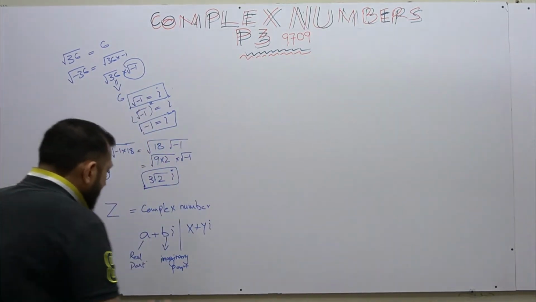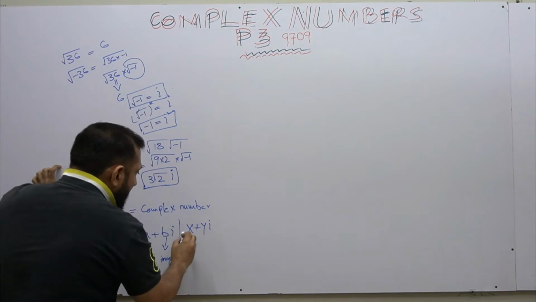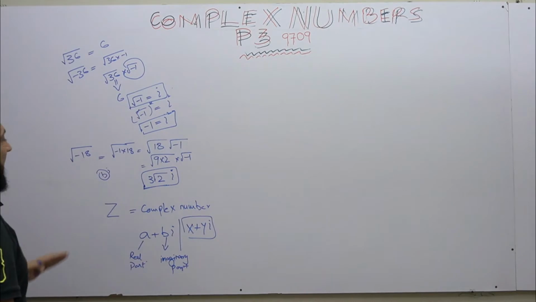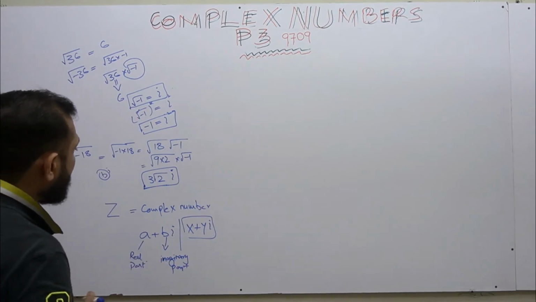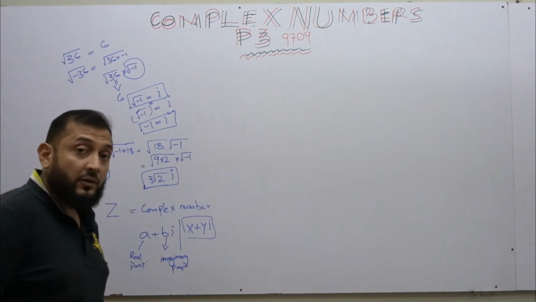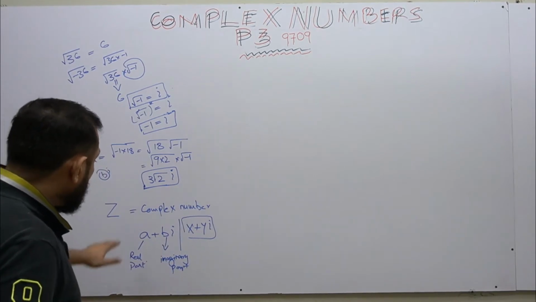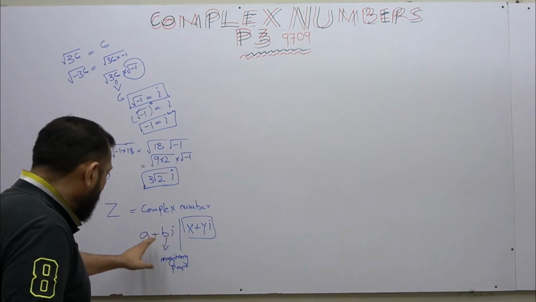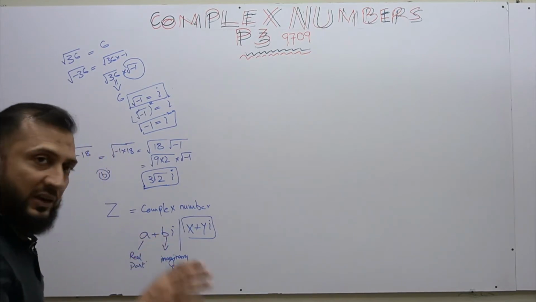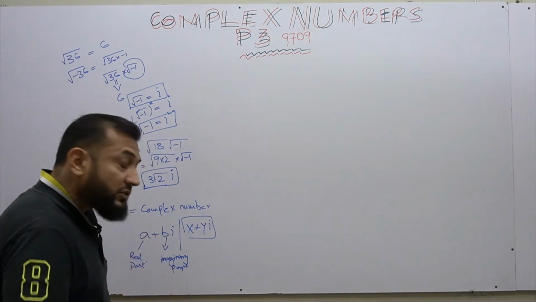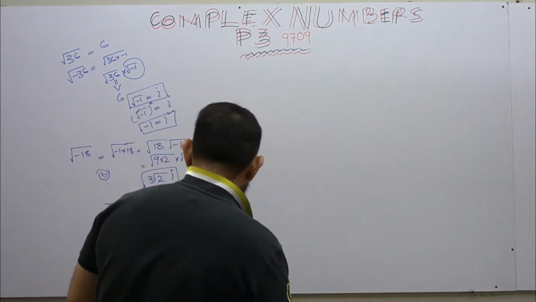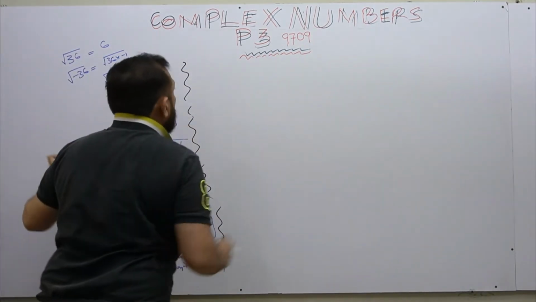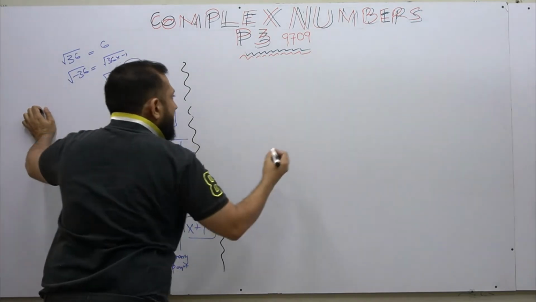Okay जी, so we have a plus b iota and x plus y iota, they both are same because हम represent करने का method different है। तो हमें ये पता लग गया कि complex number असल में होता क्या है, इसके दो parts हैं, one is real and the other is imaginary, ठीक है। So the real part is separate, it doesn't have the iota with it, लेकिन जो imaginary part है उसमें एक real नंबर होगा और उसके साथ आयोटा लगा होगा जो इसको कॉम्प्लेक्स बना देगा।